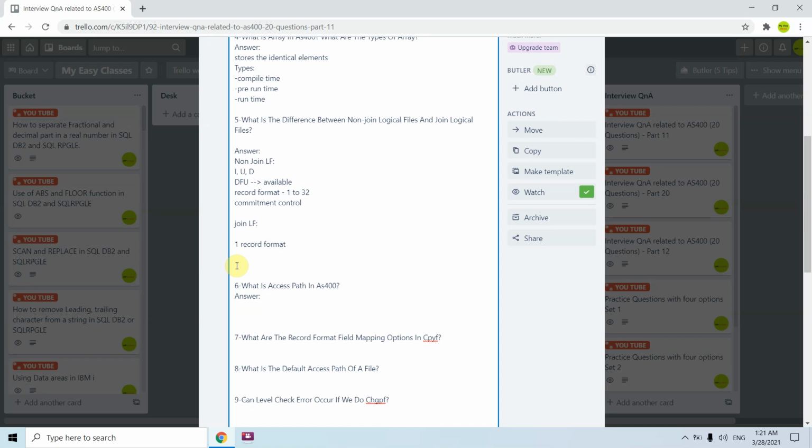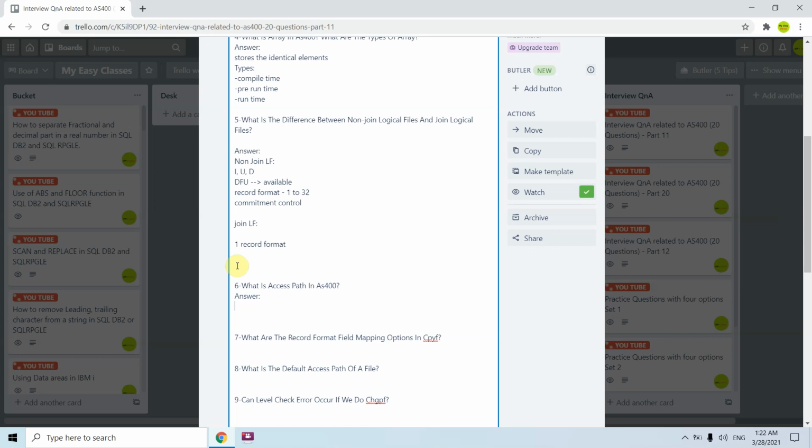Whenever we are creating a PF or LF, those objects exist permanently in the system, in the IBM i machine. In that case, those would be permanent access paths.